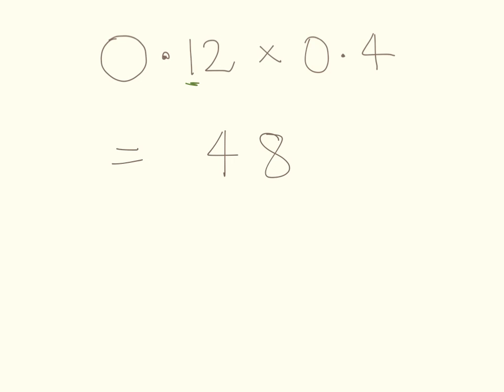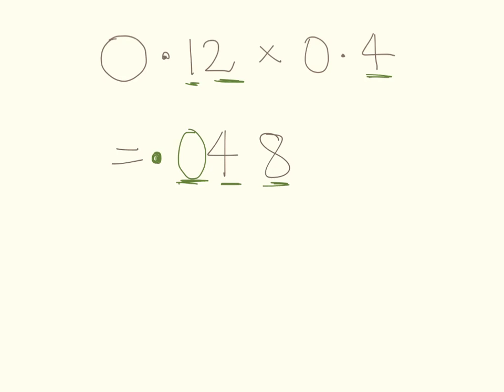There's 1, 2, 3 decimal places in the question, so there has to be the same number of decimal places in the answer. So there's 1, 2, I need 3 decimal places. So my decimal point needs to go there, so I need to add in a 0 there. So my answer is